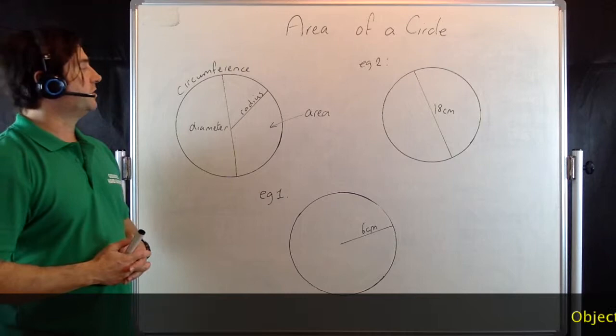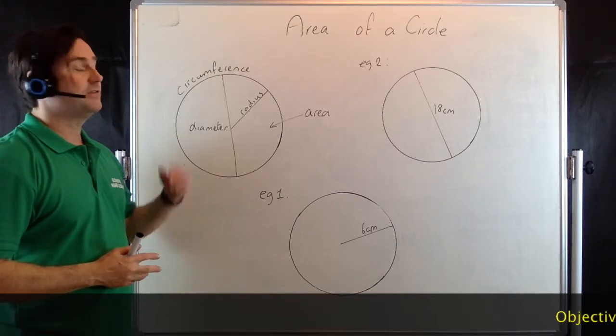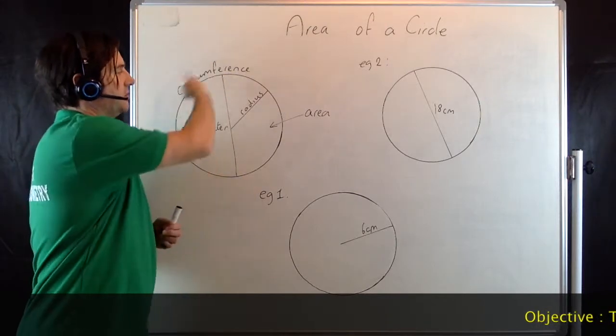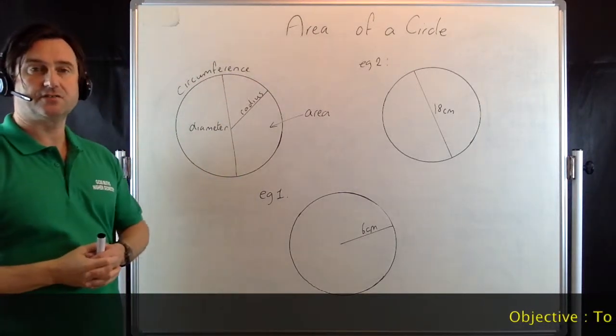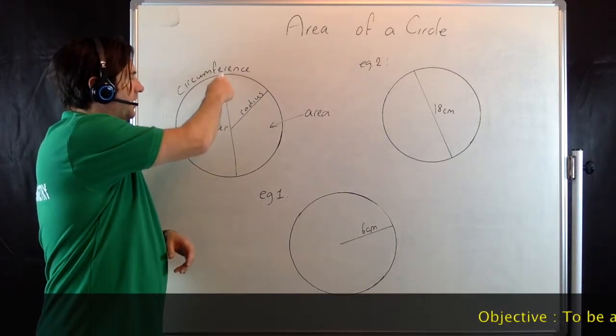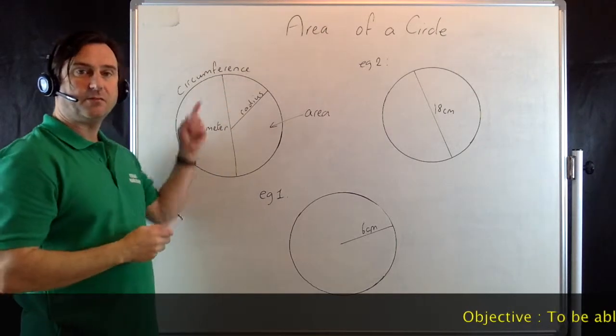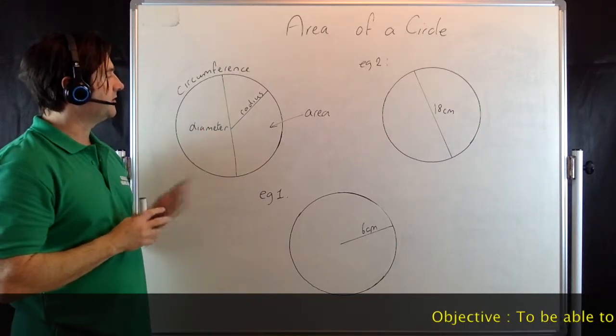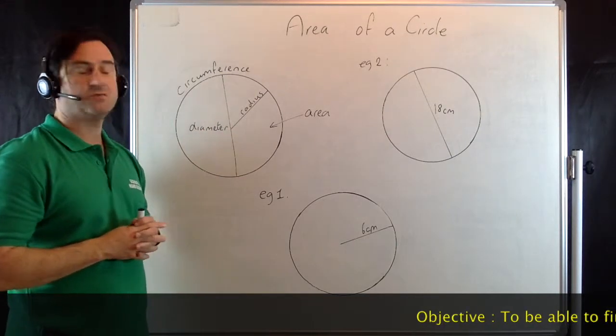If we have a look at a circle first of all and just look at the various components of it, we've got the circumference that goes right around the outside. That's the distance around the outside of the circle. We've got the diameter, which is a line that goes through the centre from one side to the other of the circle, and the radius that starts at the centre and goes to the outside of the circle, touches the